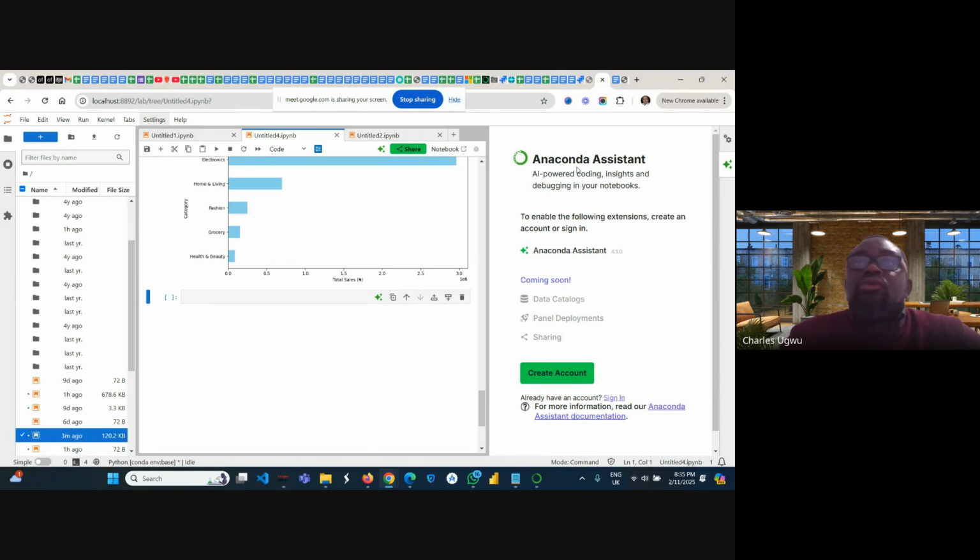If you go to Microsoft Copilot or even Meta AI, they have the capacity. But if you want to be getting it directly, that's why something like Anaconda Assistant, they are working on it to make sure we can get our work, any kind of work, anything you need, because